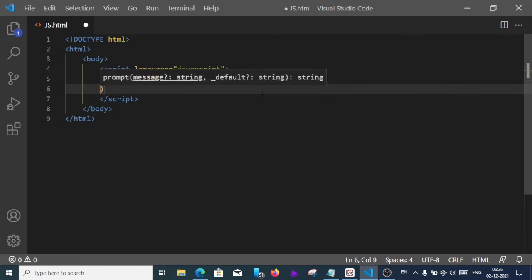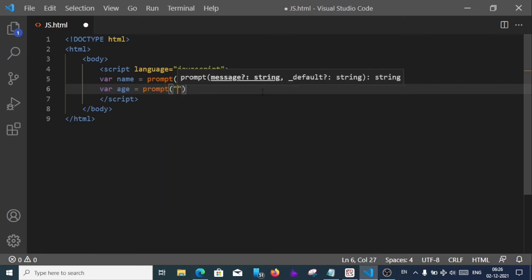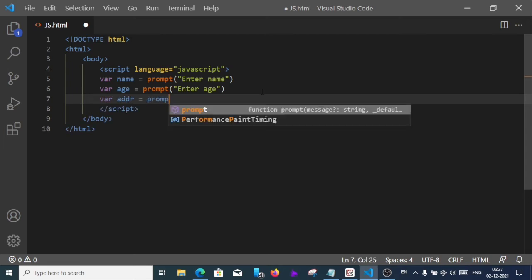And for age, same thing, var age equal to prompt, inside the brackets we will write enter age. After that, in the third line we will again write var address equal to prompt, enter address.